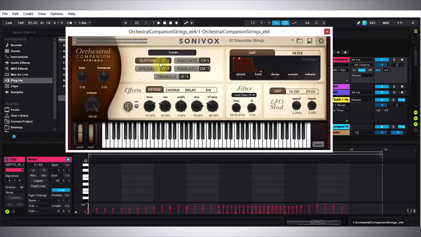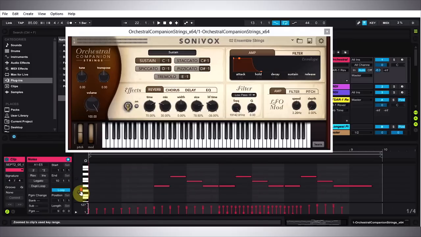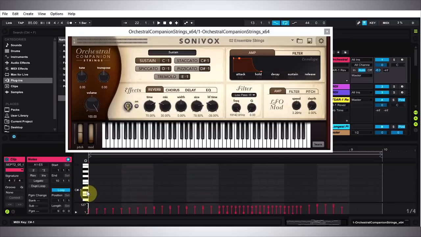So as we can see, the sustain has C -1, spiccato D -1, staccato C sharp -1, pizzicato D sharp -1, and tremolo E -1. So what I'm going to do is come into this piece of MIDI, and if I zoom out here, here's all the MIDI. And if I go down, you can actually go way down. I can go to C -1. And if I put in a piece of MIDI here,